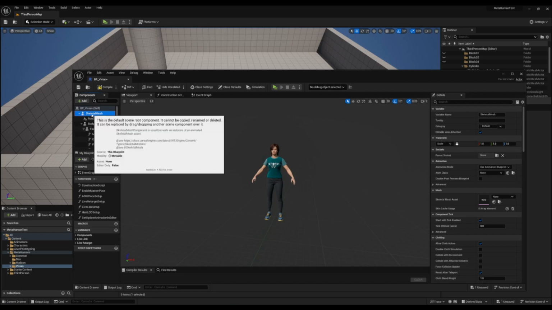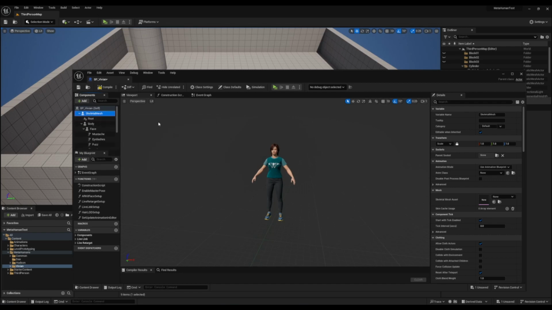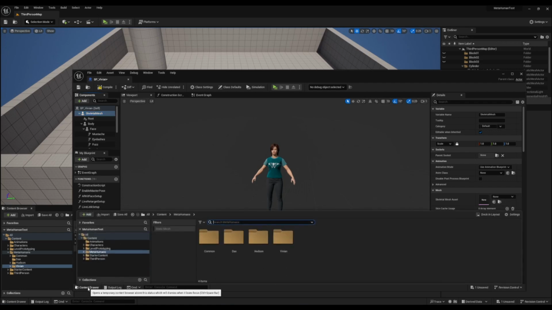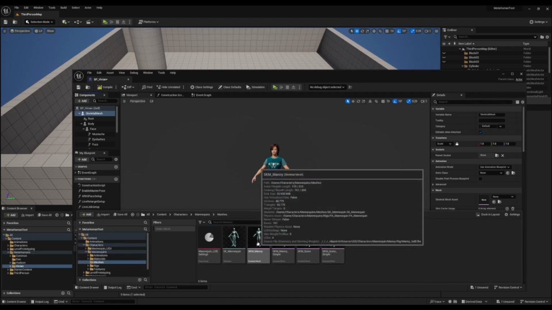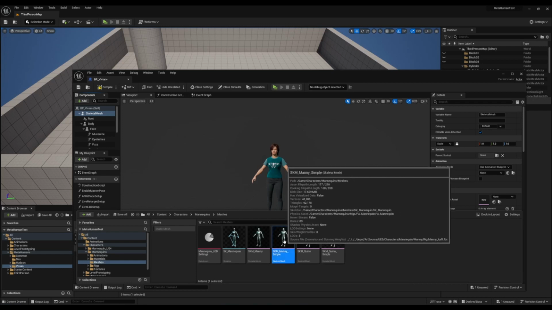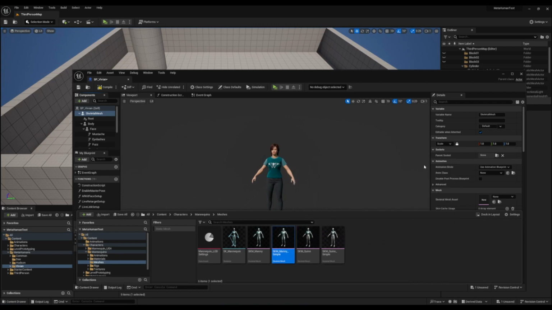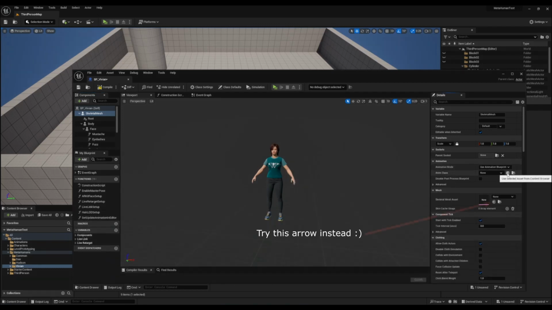And then we can assign a mesh to the skeletal mesh. So if we go select this, open up the content drawer, go to characters, mannequins, meshes, SKM mani simple, and then back over here we can click this arrow